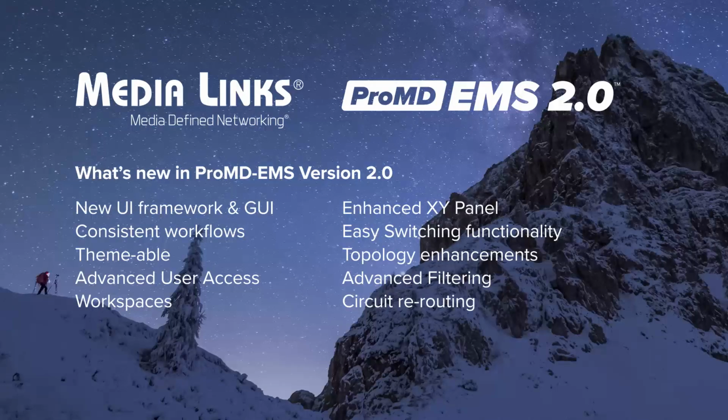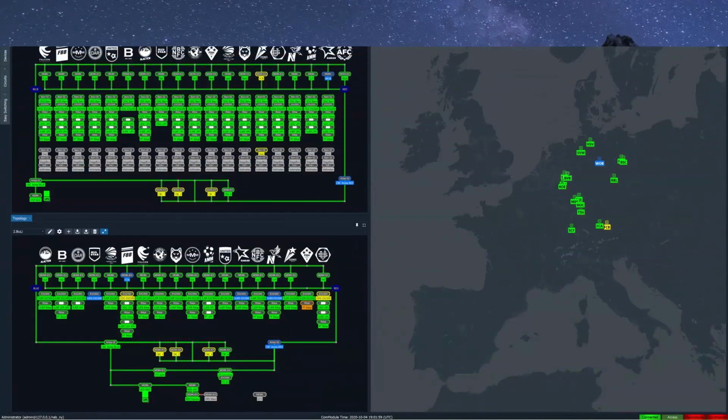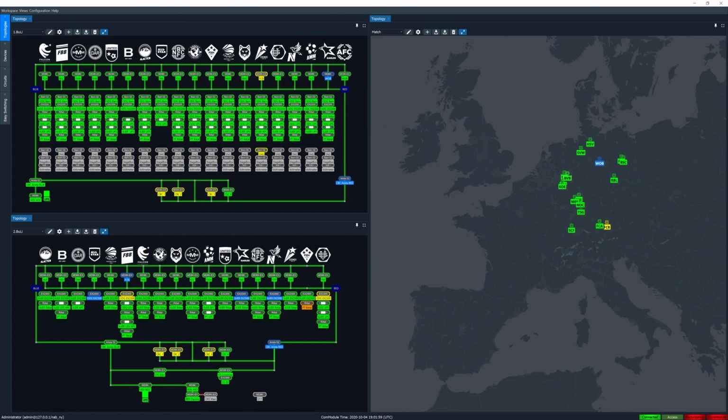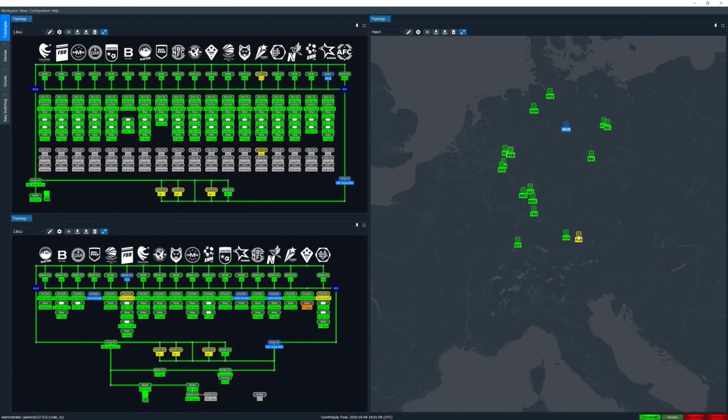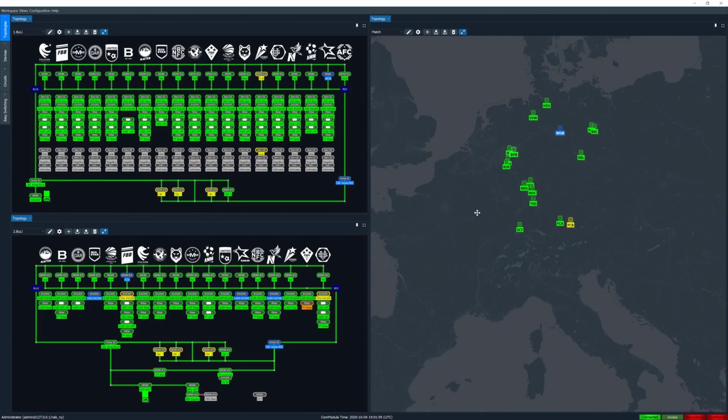Okay, so let's just jump into the software. Okay, so I've opened up a couple of workspaces here. On the left-hand side, we can see various segments of the network and showing the devices and the physical interconnections, all of the trunk links and logos of the various venues. And on the right-hand side, I have a geographical topology where I can see the physical location of the various venues. And I can interact with all of these topologies by zooming in, hovering over groups, selecting devices, repositioning them,